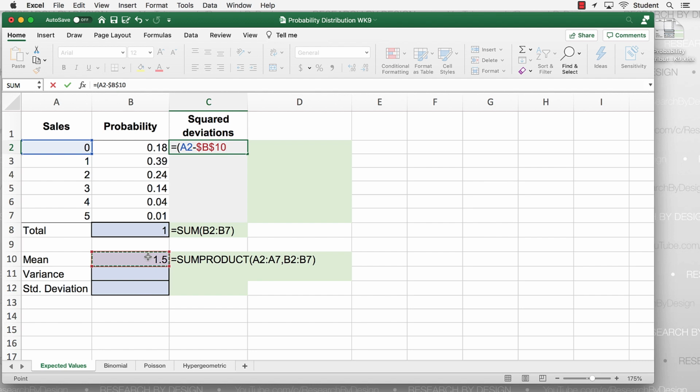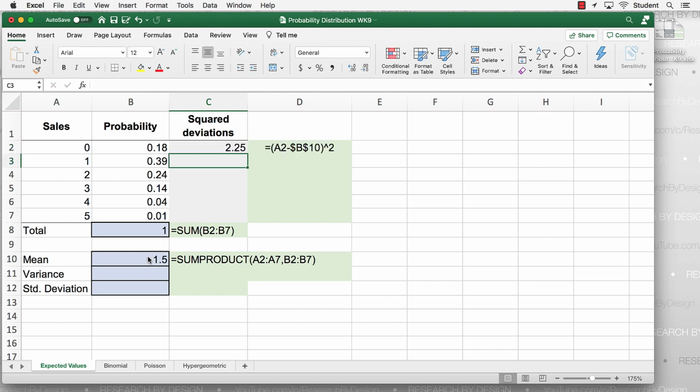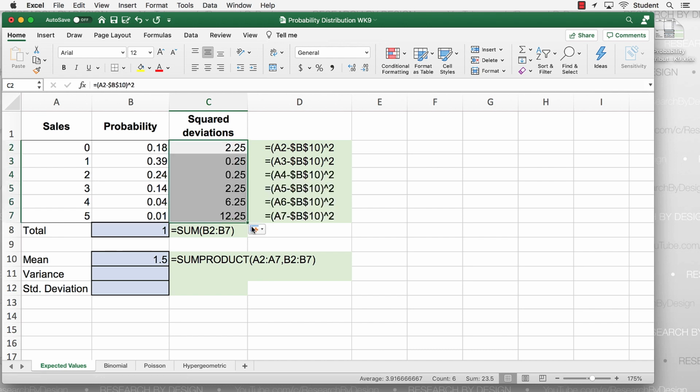That's the dollar signs around the B10. Close parentheses, and then we want to multiply that by itself or square it. So caret 2. Hit return. Now we have a squared deviation for our first set of sales of 2.25. And we can drag our formula down to C7 to calculate these squared deviations.